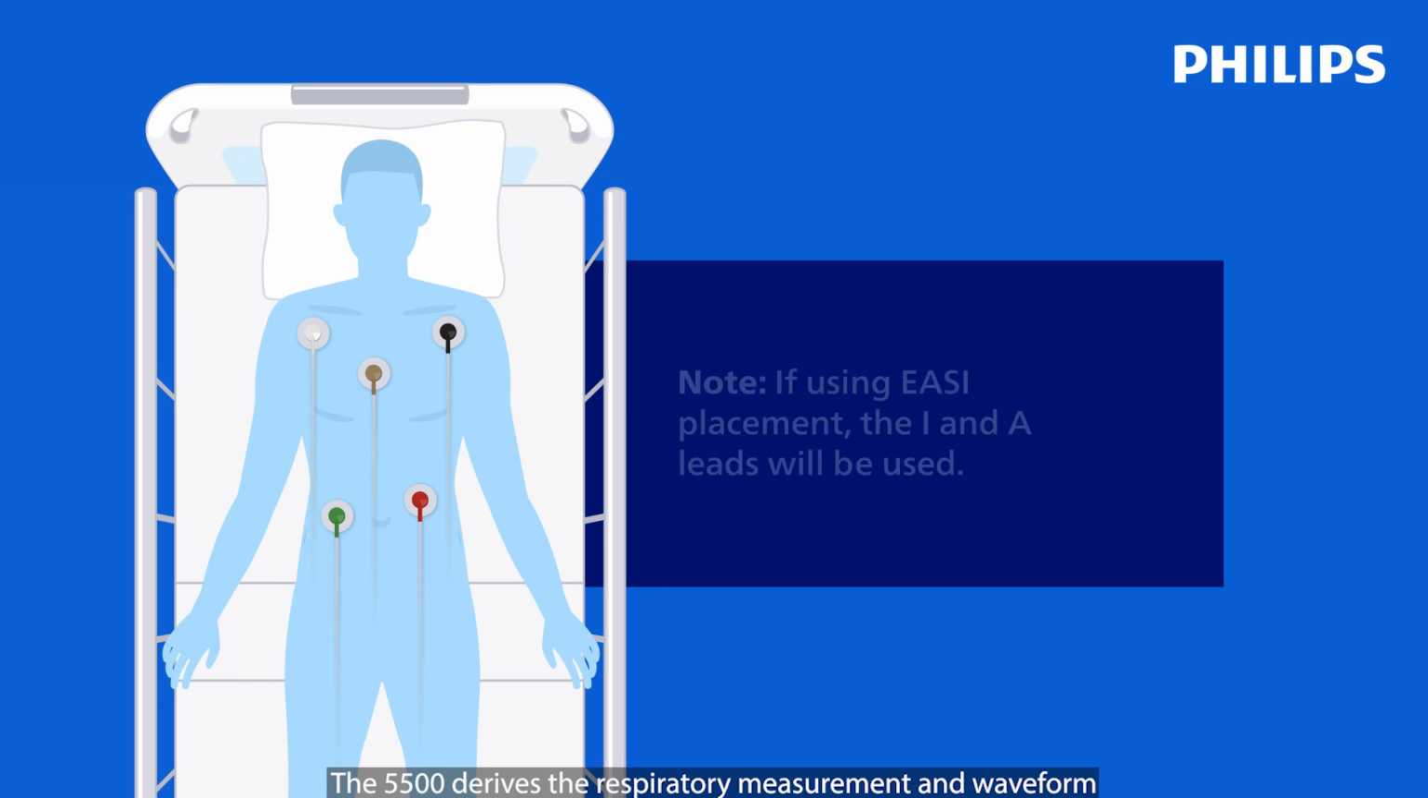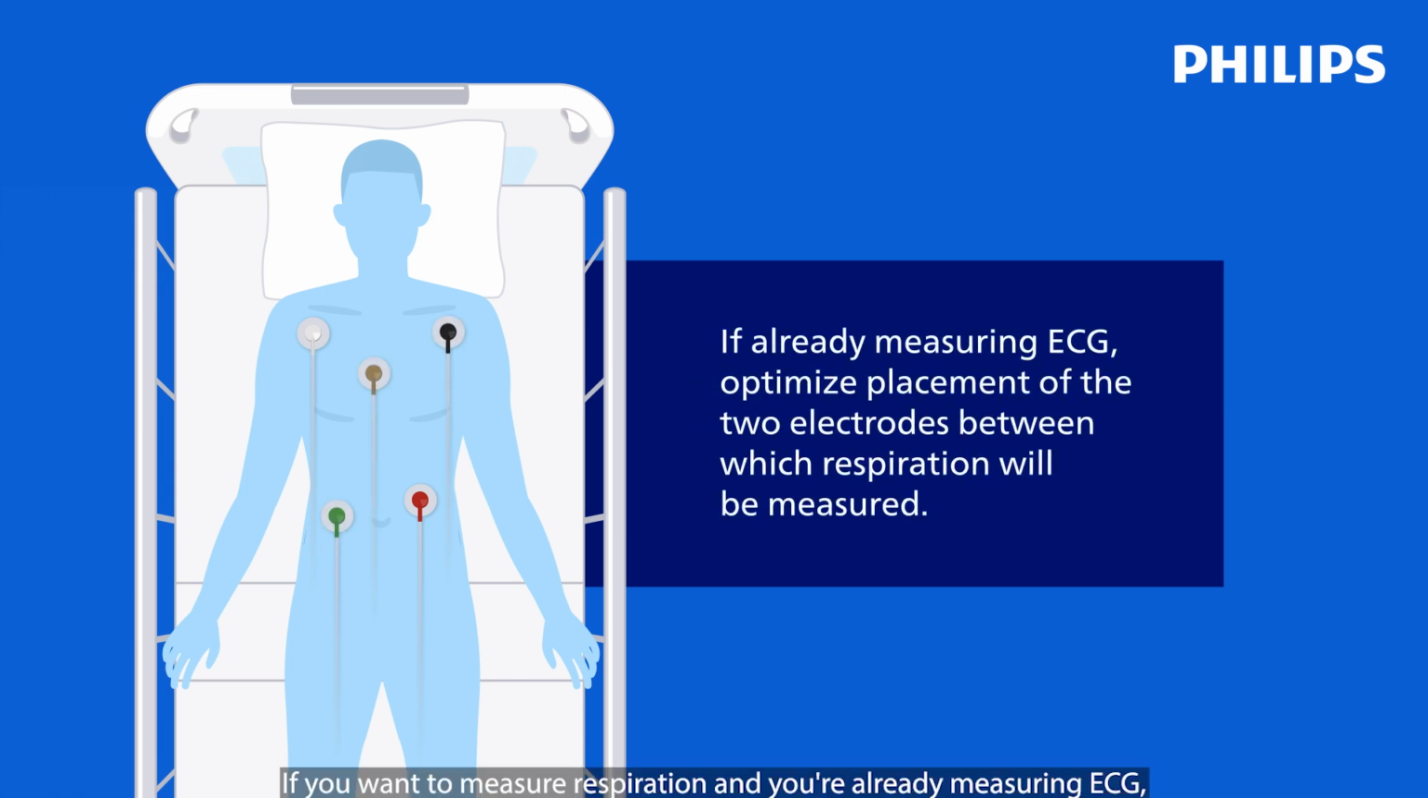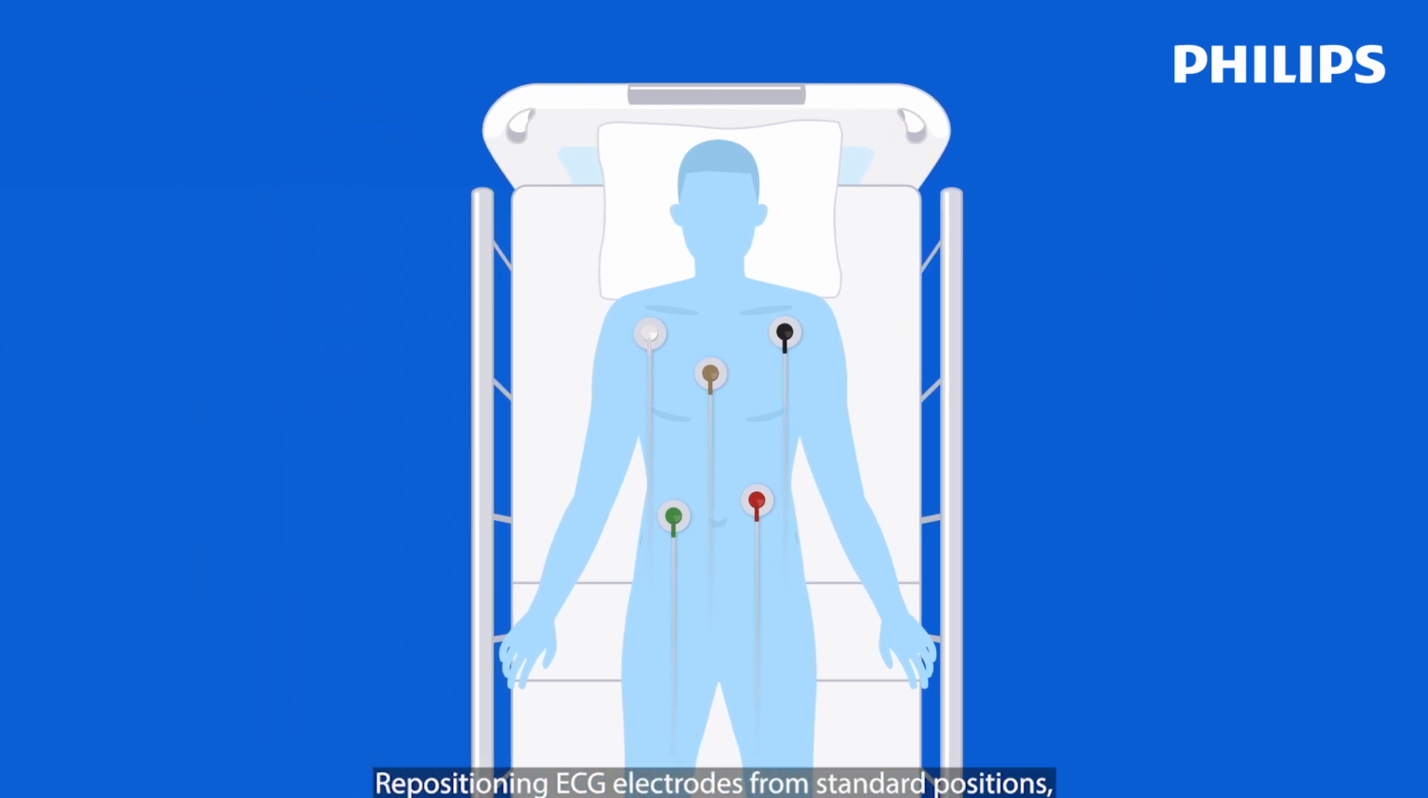The 5500 derives the respiratory measurement and waveform using the RA and LL leads on the patient's chest. If you want to measure respiration and you're already measuring ECG, you may need to optimize placement of the two electrodes between which respirations will be measured. Repositioning ECG electrodes from standard positions, especially when you're using EASI placement, results in changes in the ECG waveform and